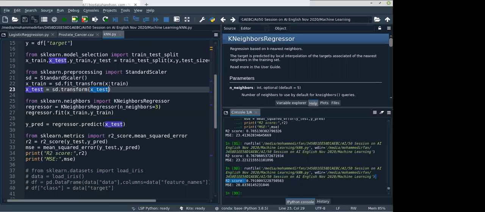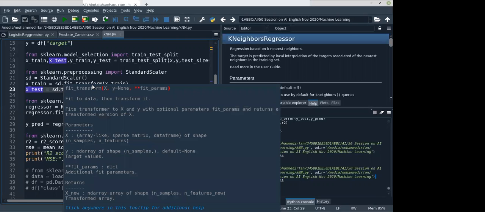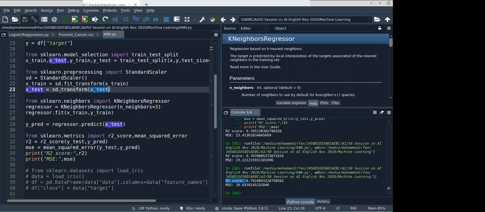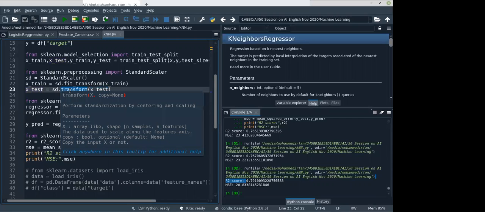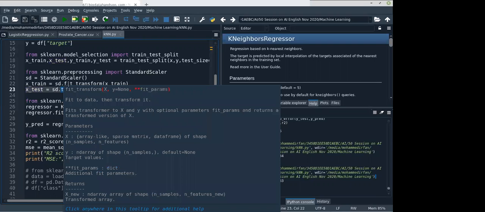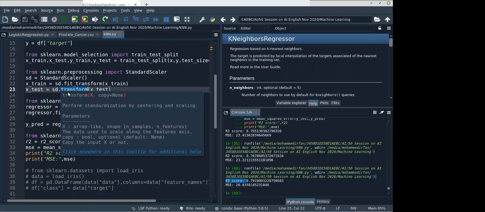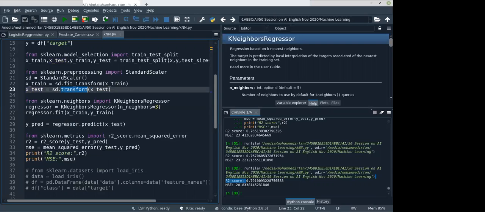Standard scalar is nothing but converting different scales into the same scale, so we don't calculate the mean and standard deviation another time, we just apply it. That's why we need fit and transform separately, and sometimes we use both combined.